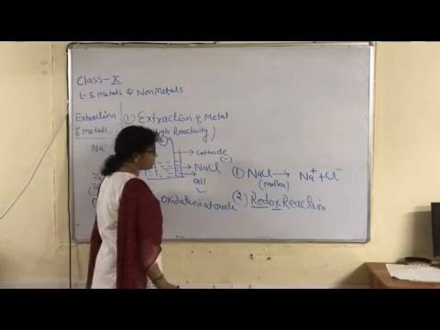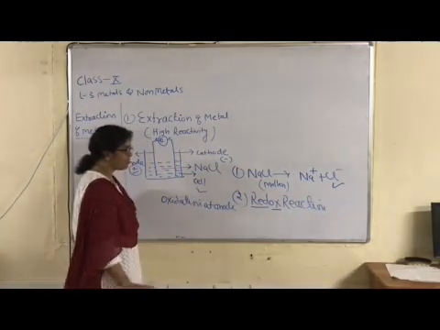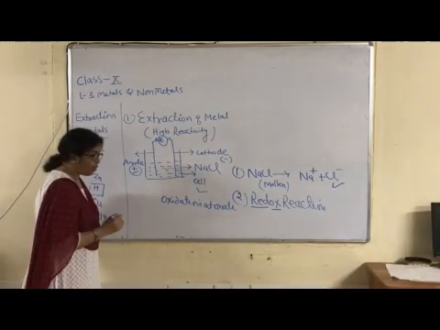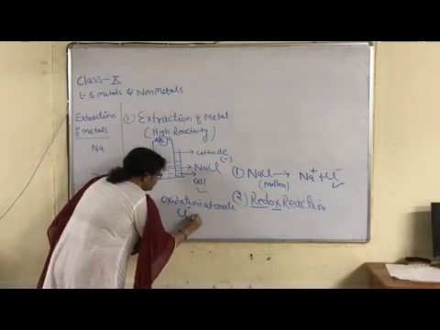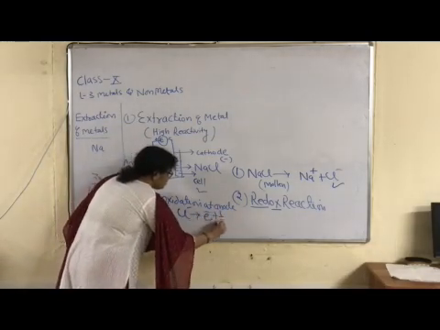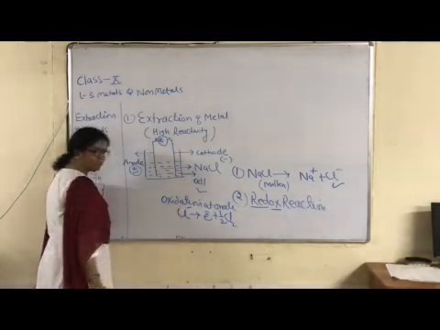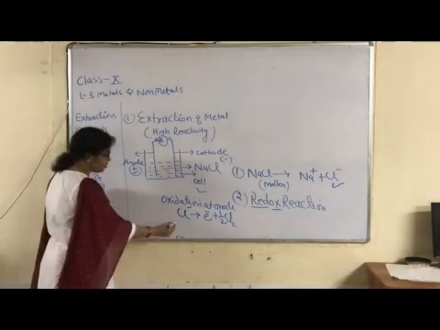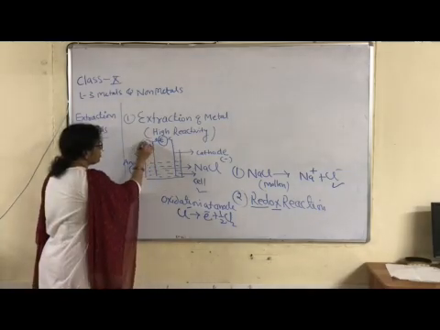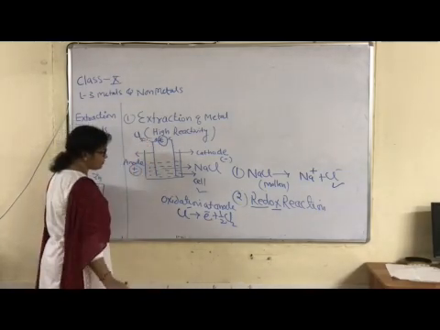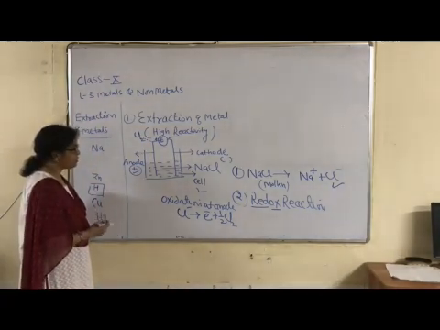Which ions are oxidized? Negatively charged ions. It means according to this equation, chloride ions. Now I am writing the oxidation reaction equation of the Cl minus ion. According to the modern concept of oxidation, when an electron is removed from an ion, the process is known as oxidation. Now this is a balanced half equation. So liberation of which gas at the anode? Chlorine.